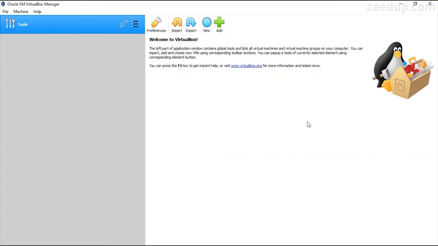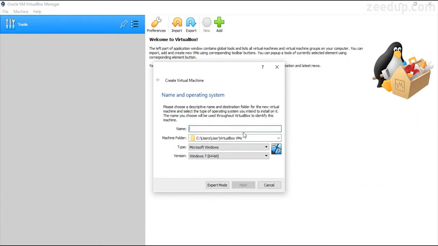Now once you have downloaded your ISO file, we can just open up our VirtualBox once again, and now we would be able to associate our ISO file over here. So how can you do that? You can just click on new, and then you need to provide something. First of all is the name of your operating system. So the operating system we are going to use is Ubuntu. So we can simply write Ubuntu, and if you want you can write its version or whatever you want, but it really doesn't matter because it is just the name with which you are going to refer to your operating system.